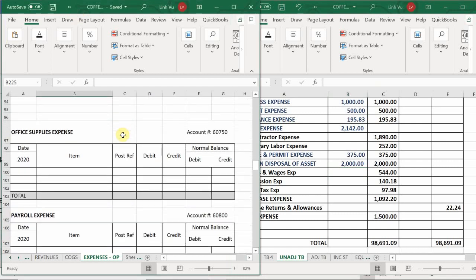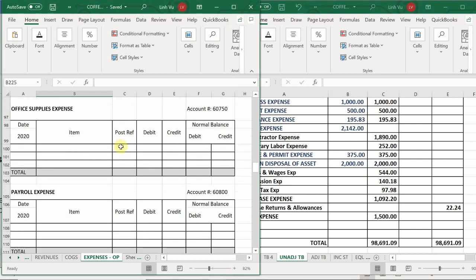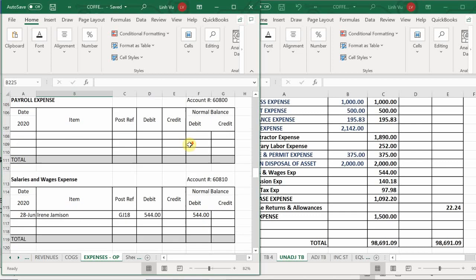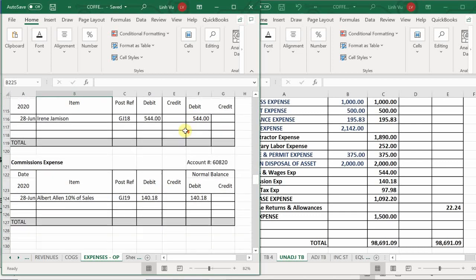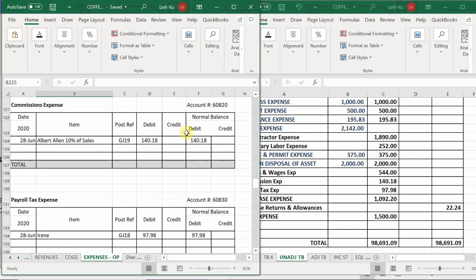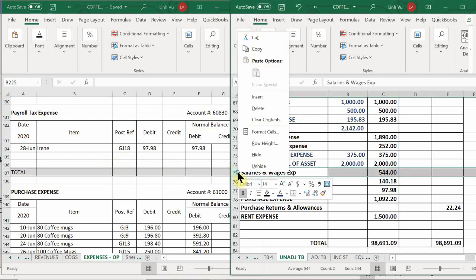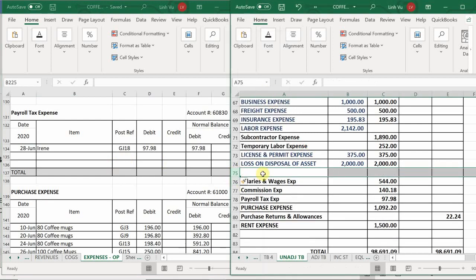Then we have office supplies expense, right? We haven't done that yet. It's going to be something we'll learn next week. And then we have payroll expense, which consists of our salaries and wages expense, commissions expense, and our payroll tax expenses. So I'm going to go ahead and insert another row for payroll expense,